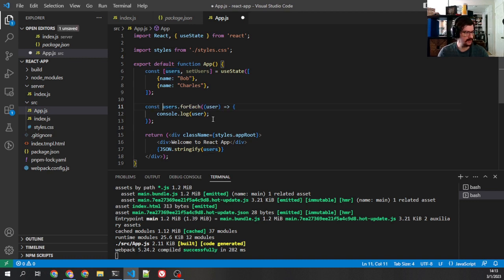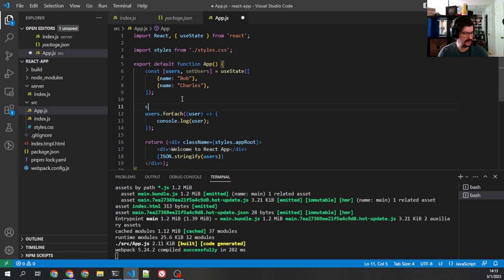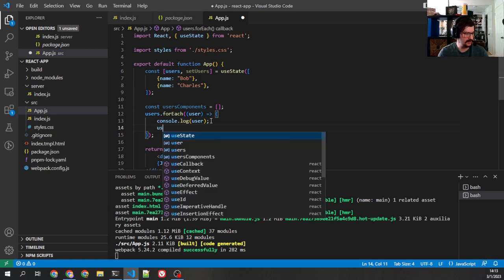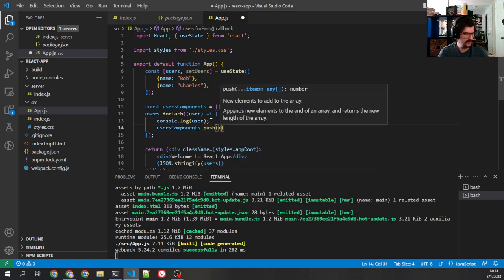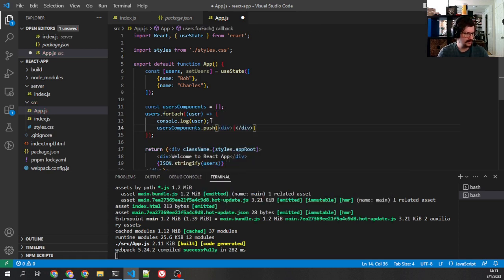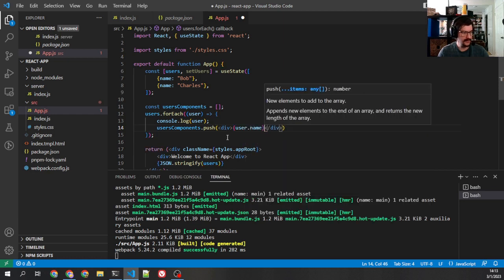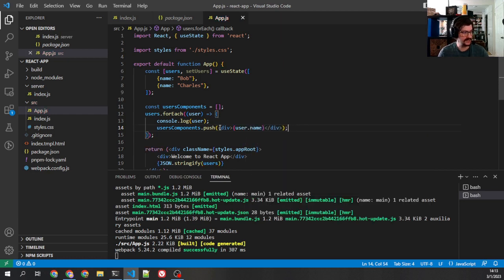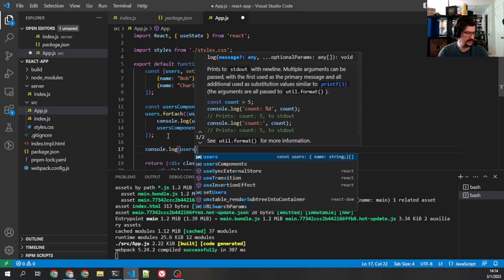So what I could actually do is something like this. I could say usersComponents is an array, and then usersComponents.push a div with user.name. This is completely legitimate. I can put JSX in at this point. Now, if I console log usersComponents,